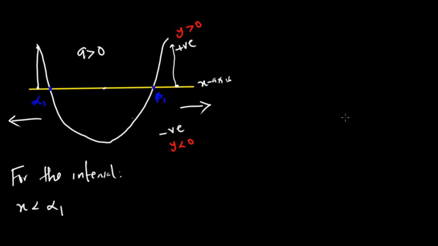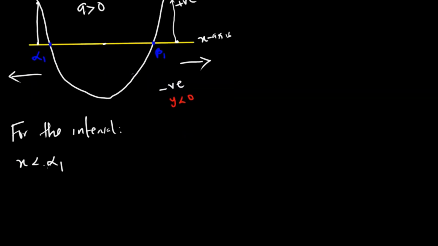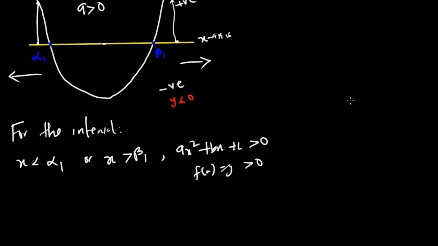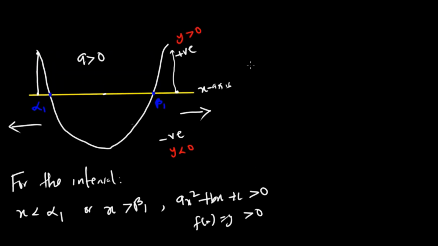So here we can say that for these two conditions, x less than alpha 1 or x greater than beta 1, we have that ax squared plus bx plus c is greater than 0. So we know that f of x, this is also y, is greater than 0. So for this condition, we are going to have ax squared plus bx plus c greater than 0. I've already explained this. Whenever x is less than alpha 1 or x is greater than beta 1, the answer of y will always be positive,